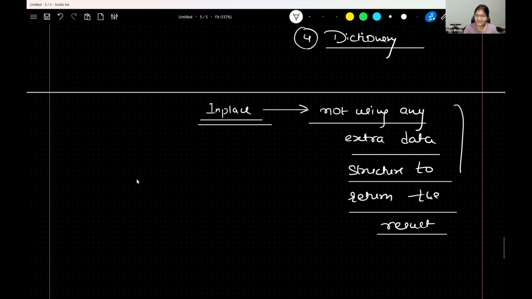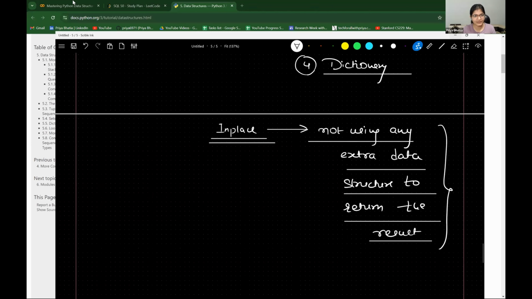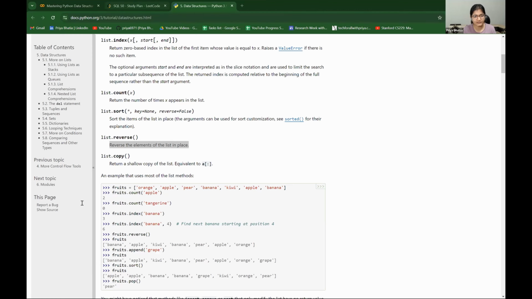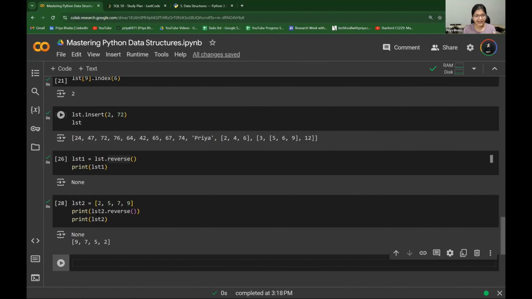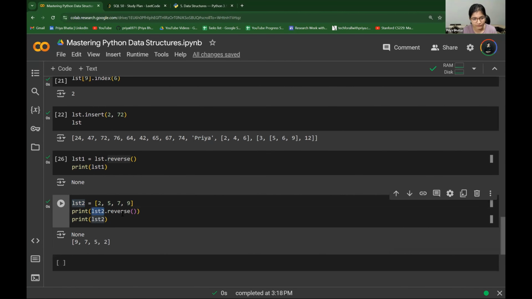So it is saying that you cannot use any other data structure to store the result. In place meaning is this. So when I'm in the implementation, storing the result in some other list, and I'm getting that list2.reverse, inside that I'm getting the answer as none. But as soon as I'm just seeing that same list, because in place means that you're doing the operation in the same list itself, so I'm getting the answer as